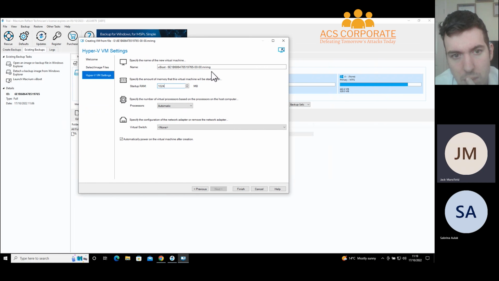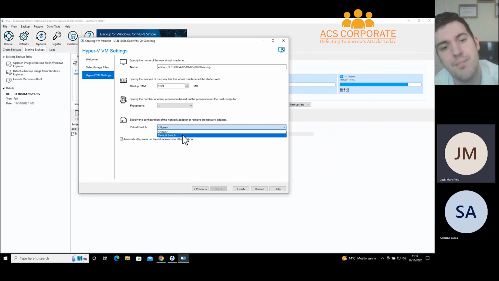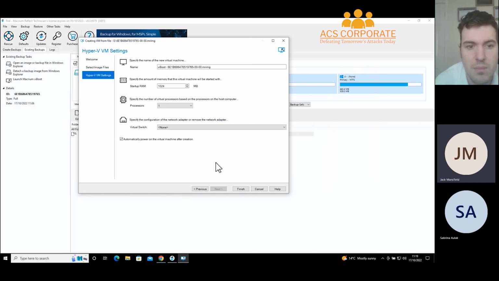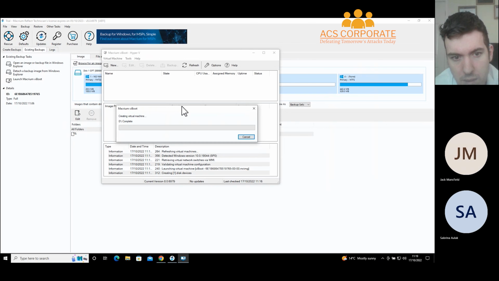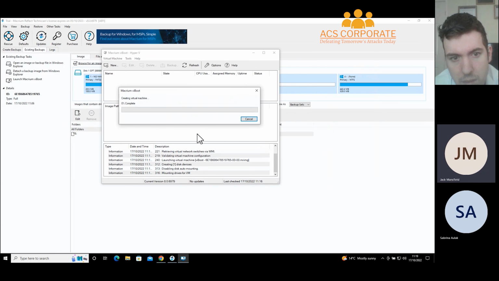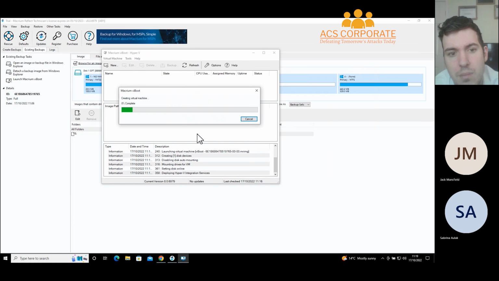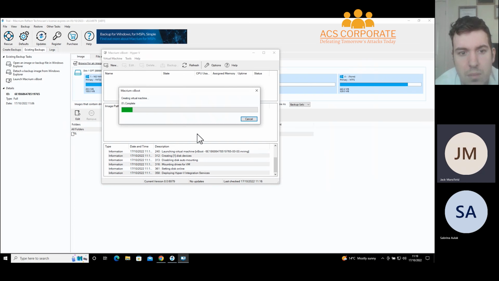That will open the Viboot UI. We're specifying settings for the virtual machine, so the amount of startup RAM and processors. We can also specify network connectivity for that virtual machine. And then if I select finish, that will start creating the virtual machine for us. This might be a little on the slow side since I'm using nested virtualization. But